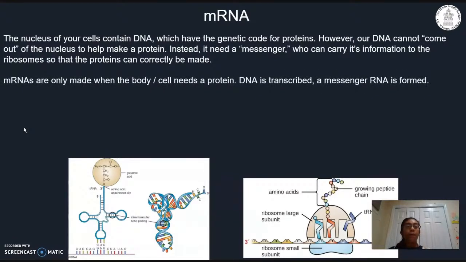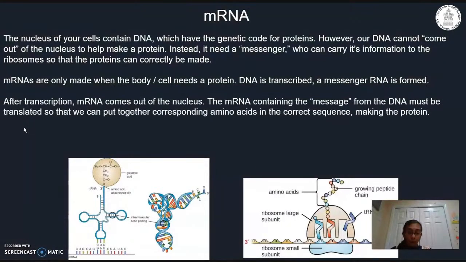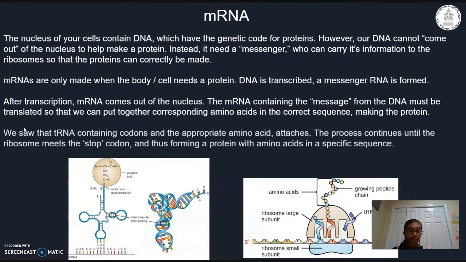As we discussed before, mRNAs are only made when the body or cell needs a protein. So DNA is transcribed, a messenger RNA is formed. After transcription, the mRNA comes out of the nucleus. The mRNA containing the message from the DNA must be translated so that we can put together corresponding amino acids in the correct sequence, making the protein. We saw that the tRNA containing codons and the appropriate amino acid attaches. The process continues until the ribosome meets the stop codon, and thus forming a protein with amino acids in a